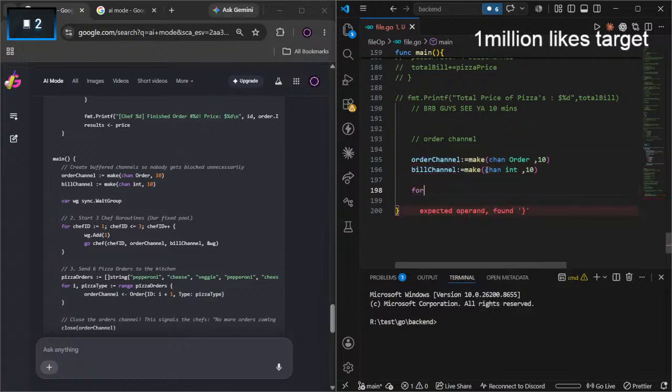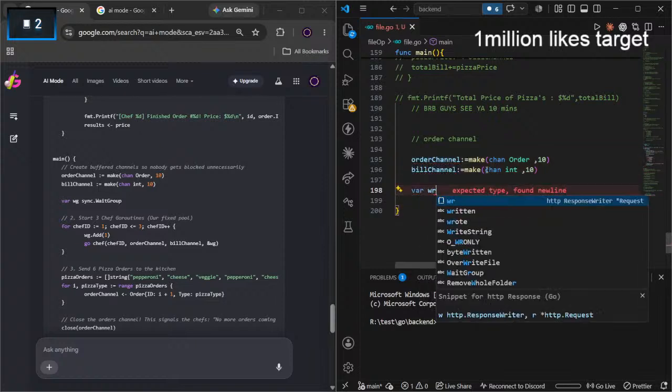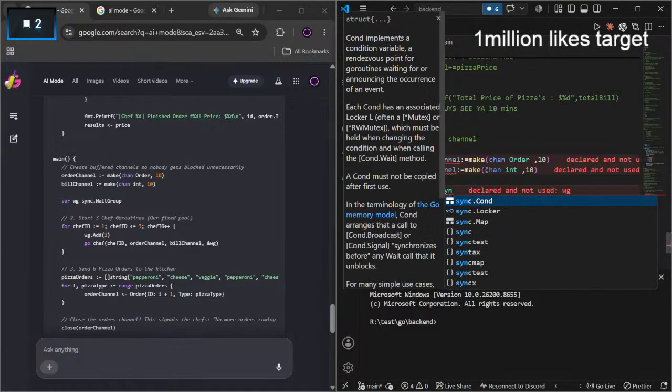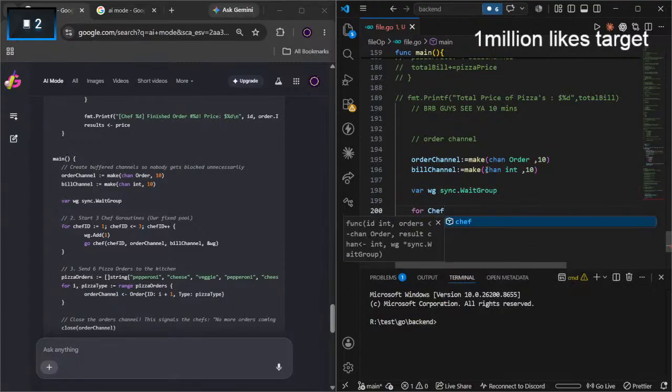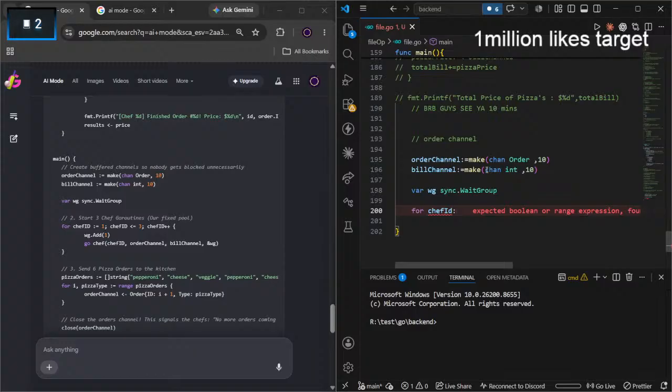Now we need the WG also, like sync dot WaitGroup, for each chef ID. What does this mean? Oh, okay, I understand.